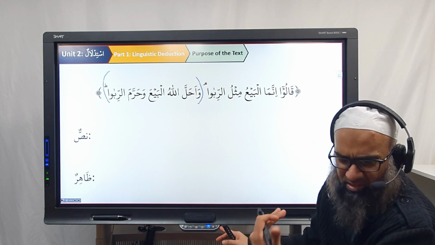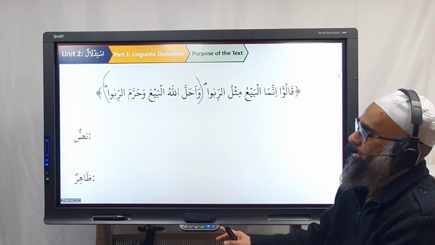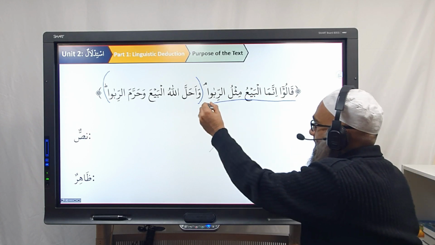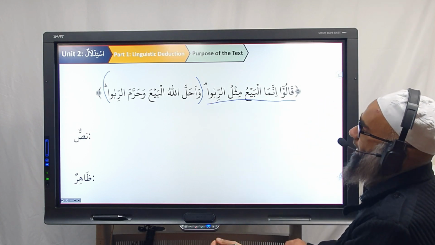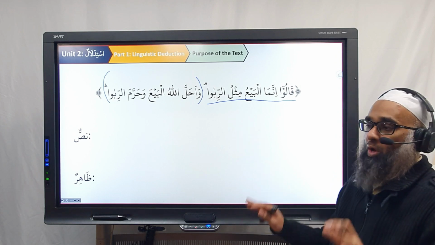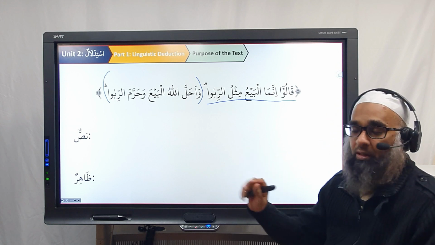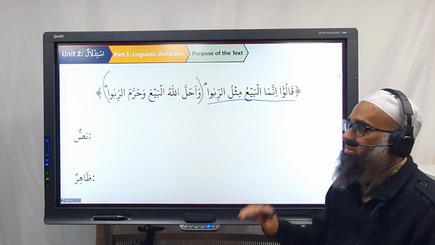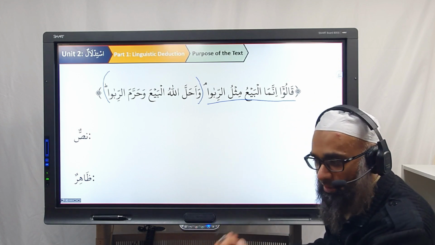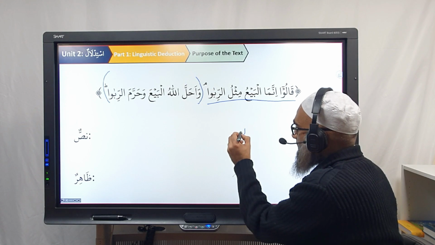Yes, sometimes with the nas and the zahir, you might not find another zahir apart from the nas. But the purpose of this verse is basically to reject this. They are saying, al-bay'u mithlu riba, that bay' is like riba. So Allah is saying, no, bay' is not like riba. Bay' and riba are different. One is halal and one is haram. One is permissible, one is impermissible. So we can say the nas of this verse, meaning the reason or the purpose or the primary objective of this verse, is tafriqah,